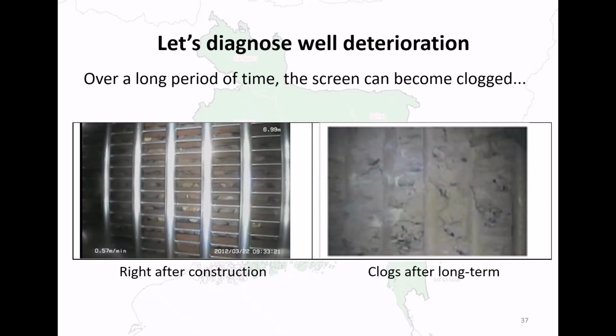If the well is used for a long period of time, the screen will become clogged as shown in the photo. And the original pumping capacity will no longer be obtained. In this case study, we will learn the way to diagnose well deterioration. To understand the exact situation, a well camera is used at the site so that we can check the screen clearly and timely. However, we try to diagnose based on measured data such as well water level and flow rate.